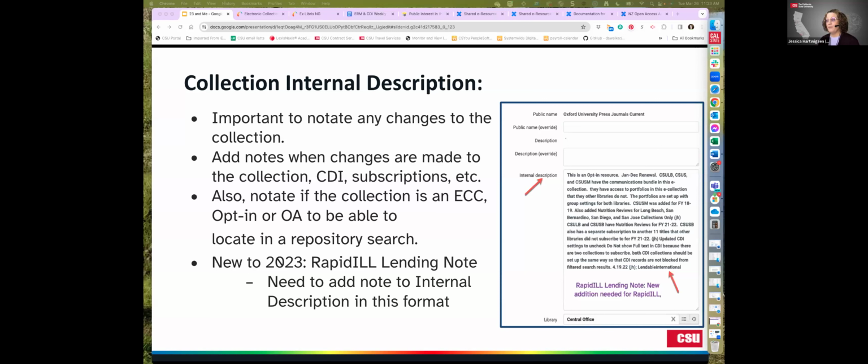So like I said, very important field. I put everything I can in here so that if there's anything odd or different about the central discovery index setup, I put that in here. When I've had to make changes, I notate that I made the change when I made the change. So I try to add as much as I can into here because, like I said, it is indexable, it is searchable. If you want to find a quick way to find particular